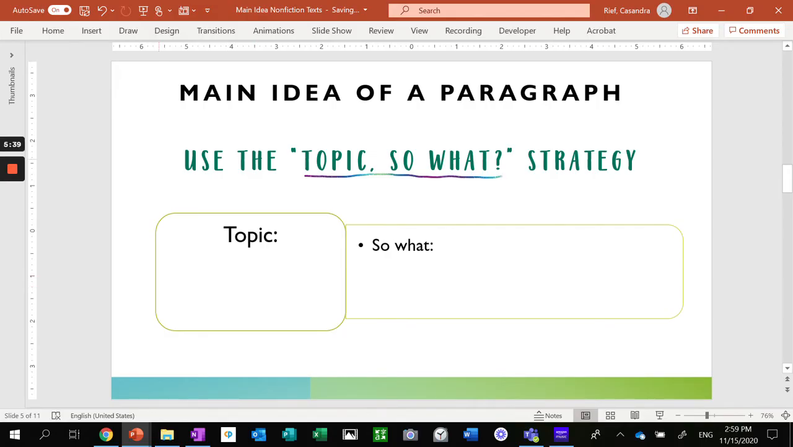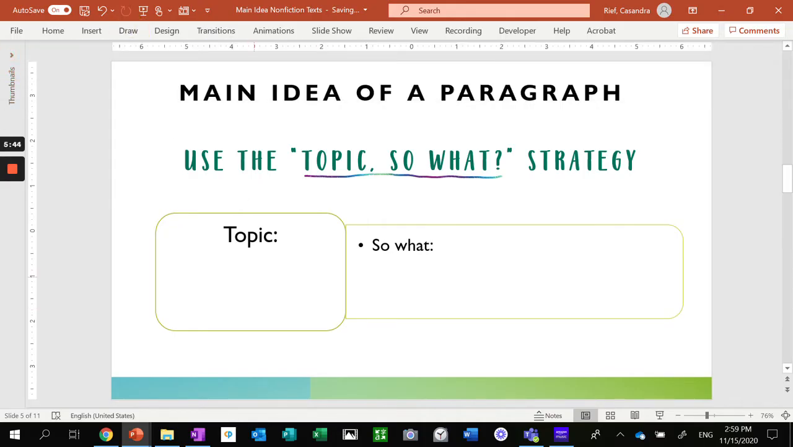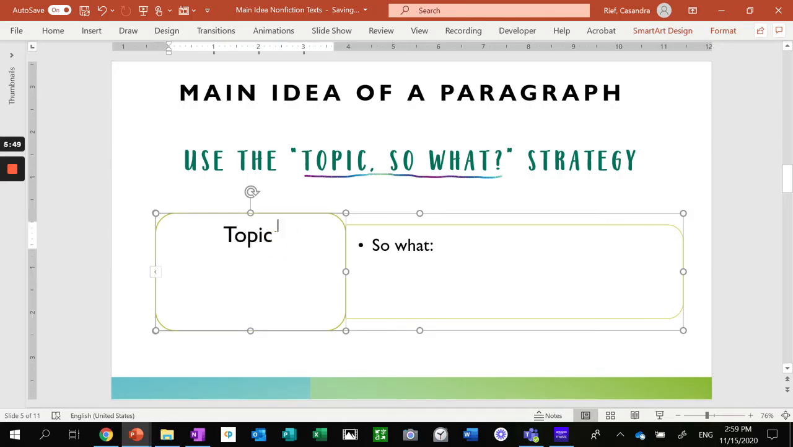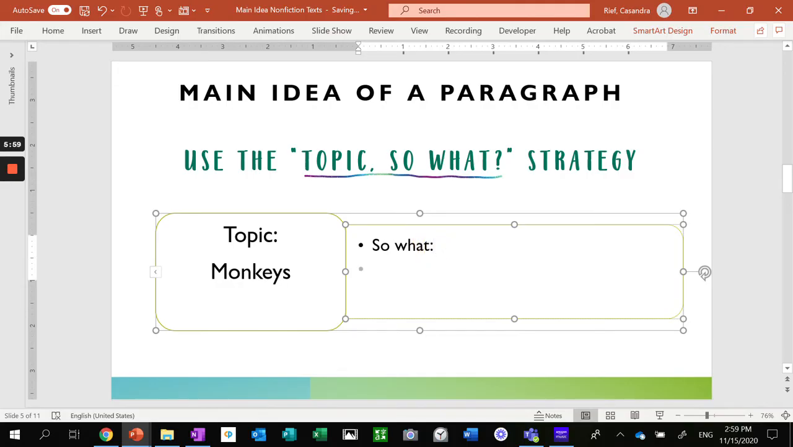So if I'm trying to figure out what the main idea is, my first task will be to find the topic. So if I'm reading a text and it says that my text is about monkeys, then my topic would be monkeys. And then I'm going to ask myself, so what? What is the text teaching me about monkeys? What's the idea about monkeys? So I was reading an article today that was talking about how monkeys have these little wars between themselves. So the topic was monkeys. And then when I said, so what? Monkeys fight wars between different